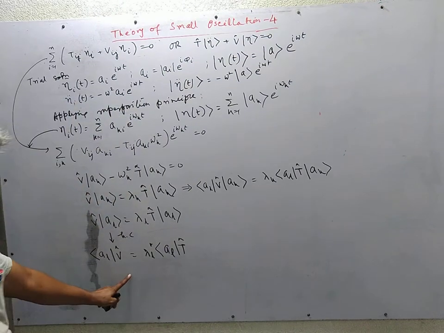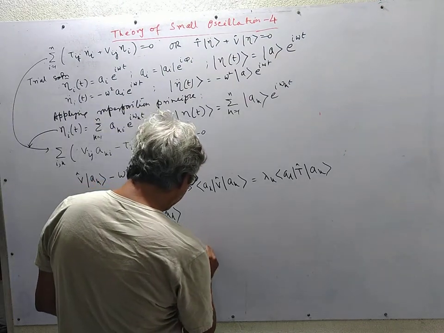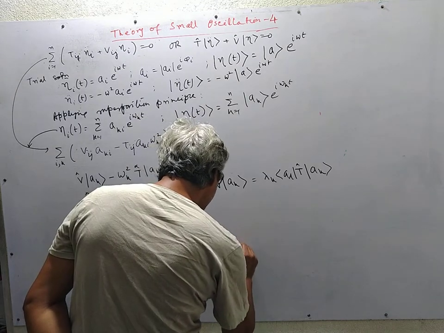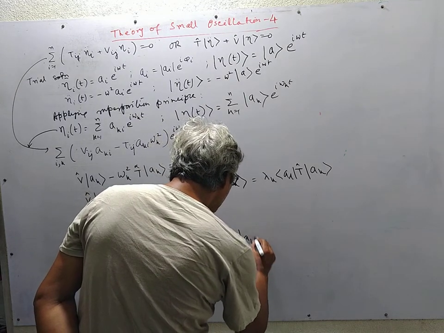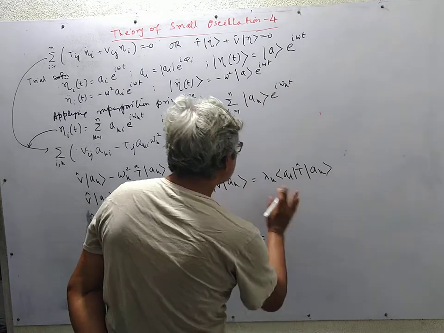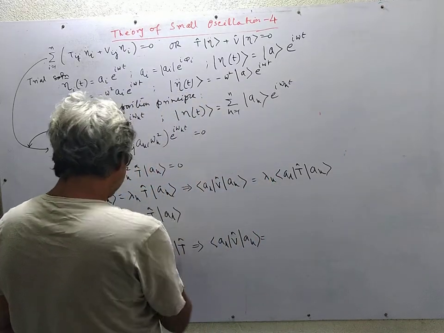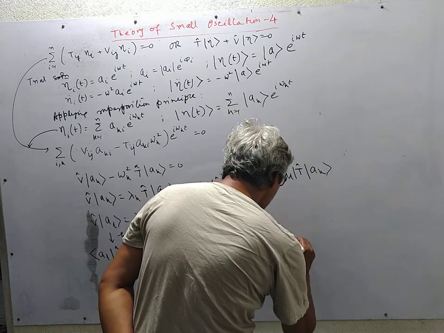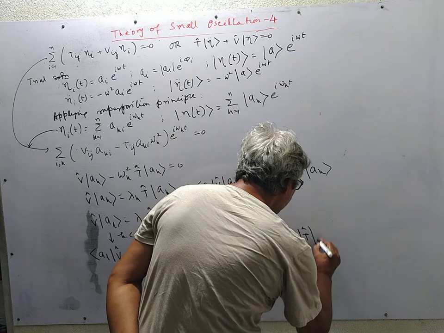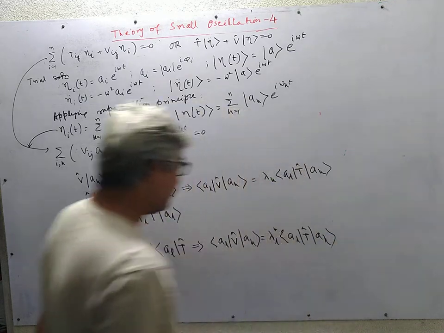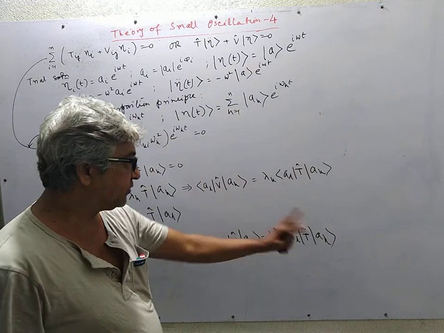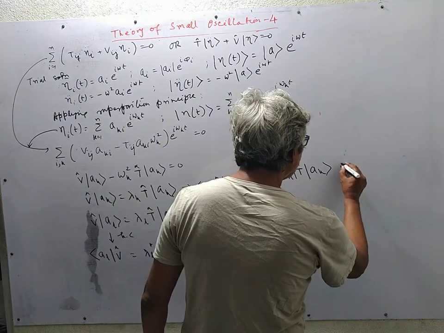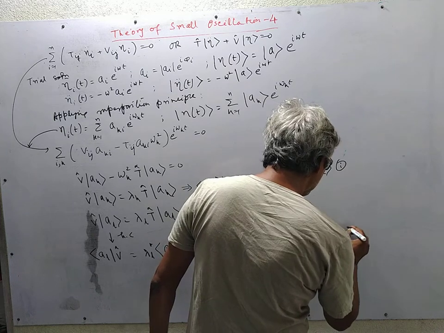And if we multiply the conjugate equation from the right by AK, we get <AL|V|AK> equal to lambda L star <AL|T|AK>. If we call this equation 1 and this equation 2, then